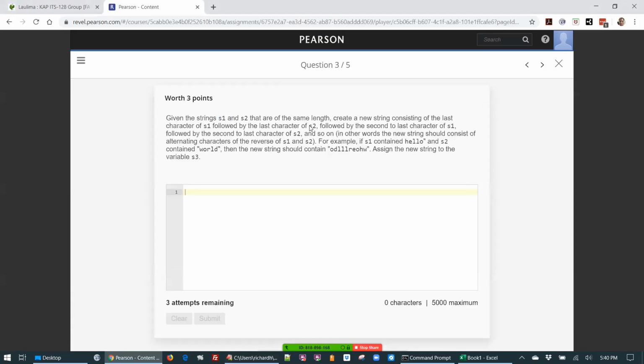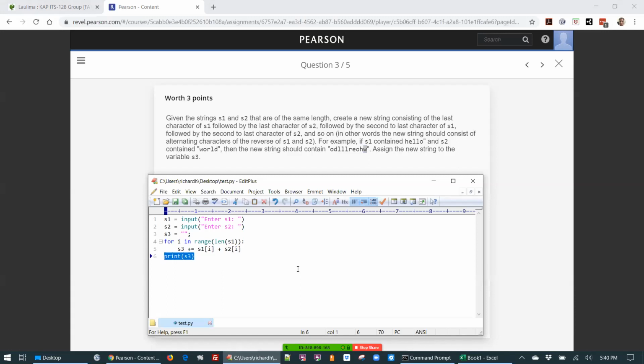Given S1 and S2, same length again, create a new string where we take the last character of S1, followed by the last character of S2, followed by second last, followed by second last, and so on. So if we have hello world, we've got the last of hello, the last of world, the second to last of hello, the second last of world, third last of hello, third last of world, fourth last of hello, and then fourth last of world, and then the first of hello and the first of world. So we're just doing the same as we did before, except for we're appending from the rear. So appending from the rear would be something more like